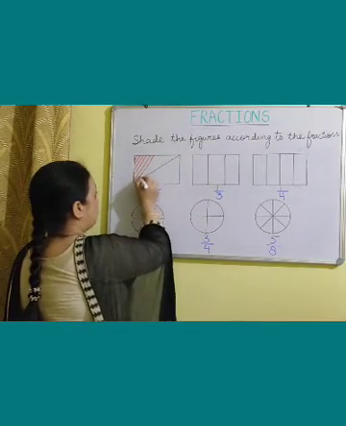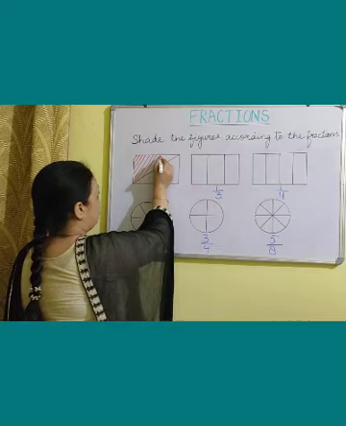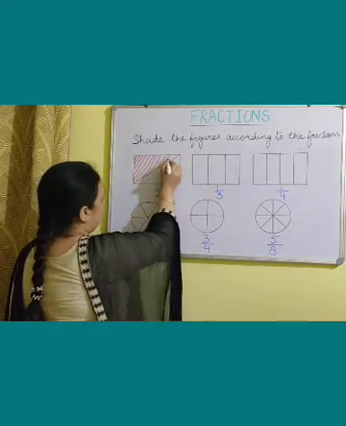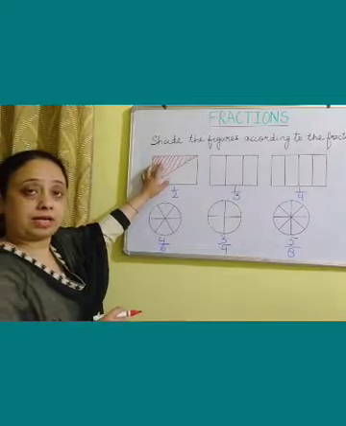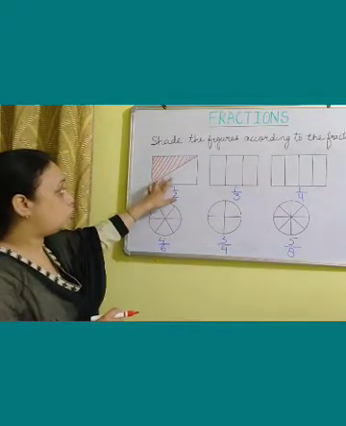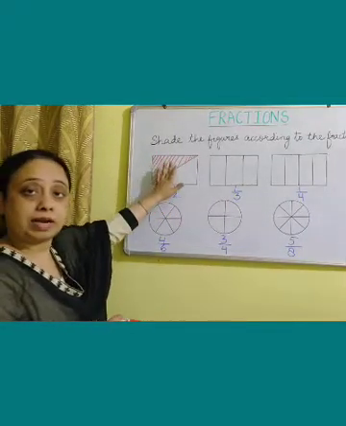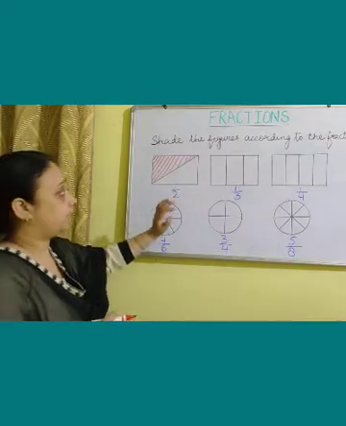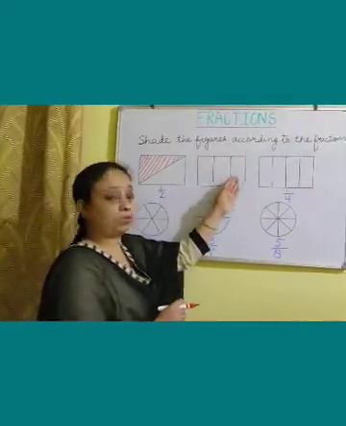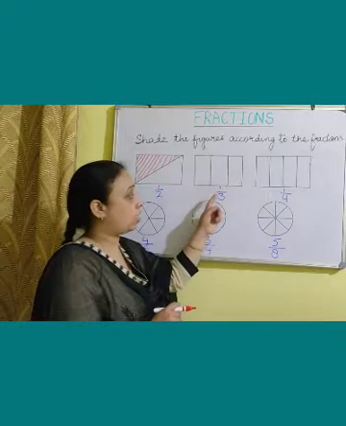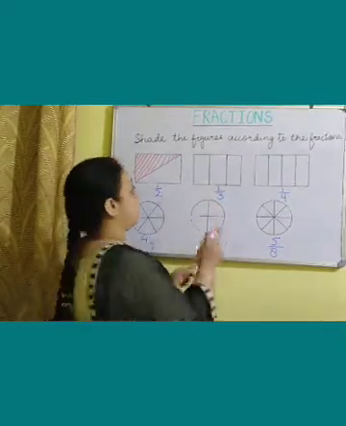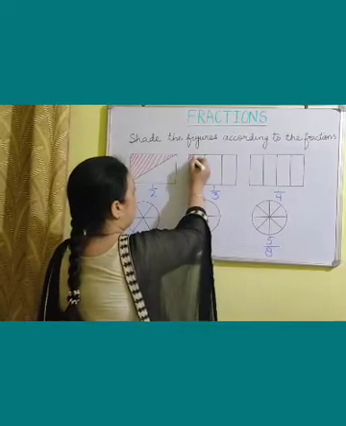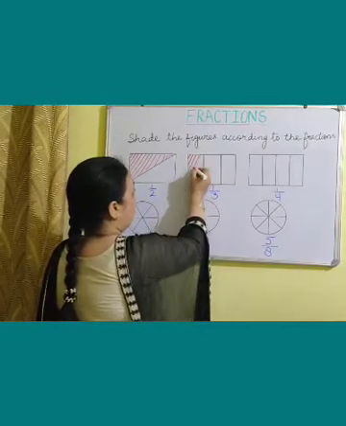You will enjoy this. Why? Because you have to color over here. So this we have chosen 1 part. We have shaded 1 part out of these 2 parts. So our fraction is 1 upon 2 here. Now here the figure is divided into 3 equal parts and you have to shade how many parts? You have to shade 1 part over here. So this makes 1 third or 1 upon 3.